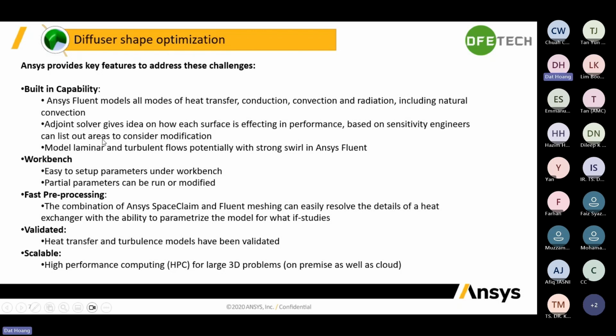And also we have Workbench. Like Dr. Hazim just showed you, Workbench is a comprehensive platform to organize and do parameter studies and DOE optimization. So we have Workbench, the platform for all simulation. And